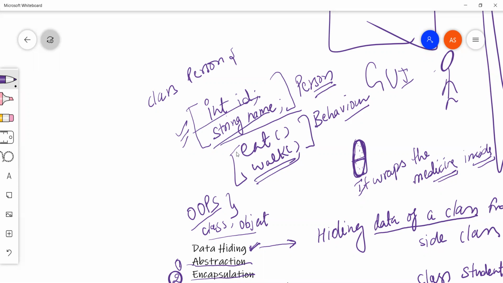Encapsulation is a process of binding data members and the methods together in a single unit, and the single unit itself is called a class. So a class is an example of encapsulation. The process of binding data and corresponding methods into a single unit is called encapsulation. Any doubt in this?